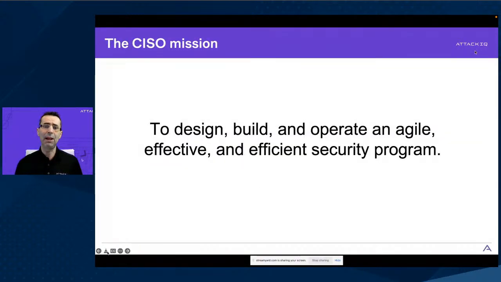Now, if you think about the CISO's role, and I think a lot of CISOs have forgotten this, their role is to design, build, and operate an agile, effective, and efficient security program to repel threats from their organization. It's not about capabilities. It's not about building a SOC. It's not about outsourcing that SOC to a partner providing services. It's not about installing EDR. It's about doing all of those things and building a system and overlaying the people and the processes that defend that organization. And sometimes customers get wrapped up around the axle on these capability projects and forget about the bigger